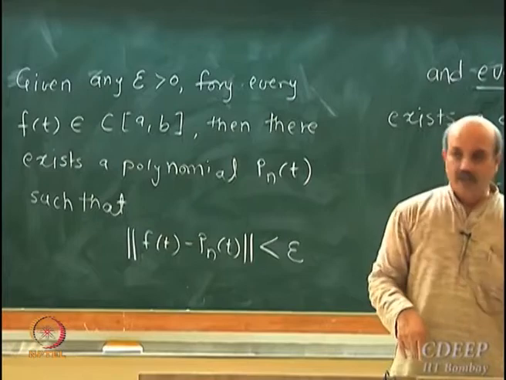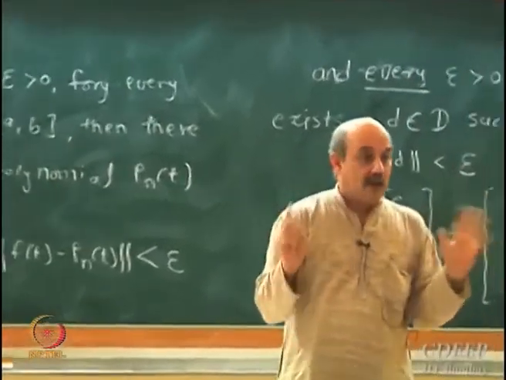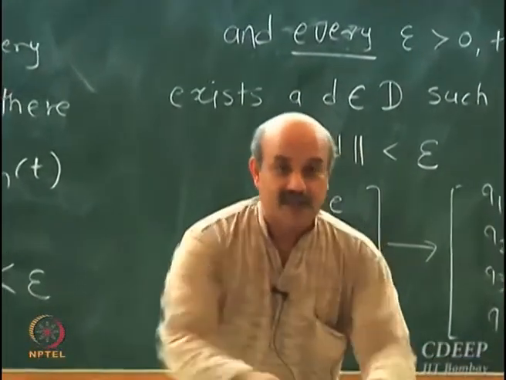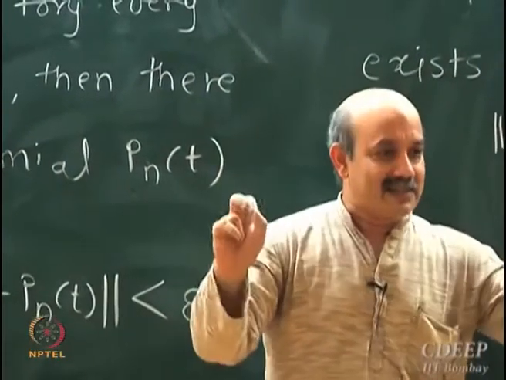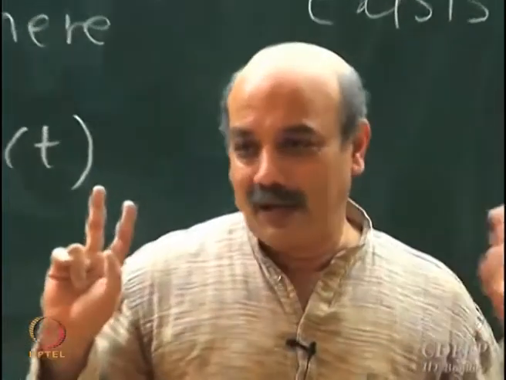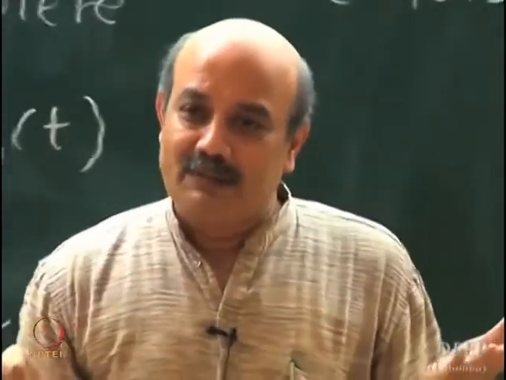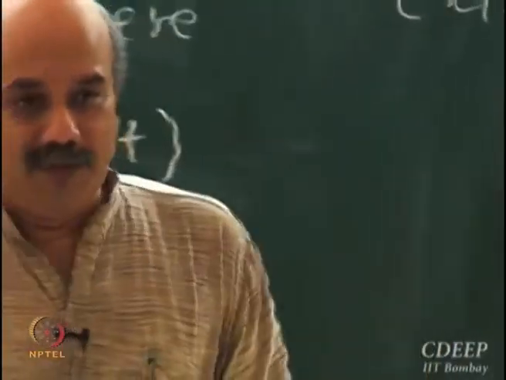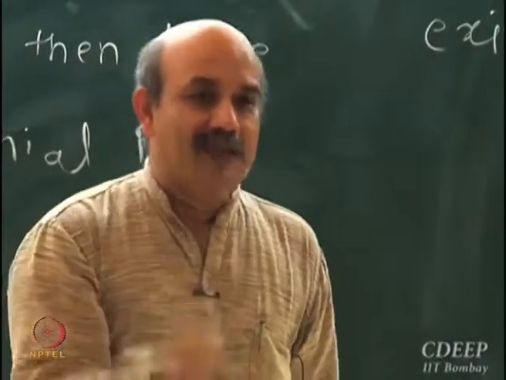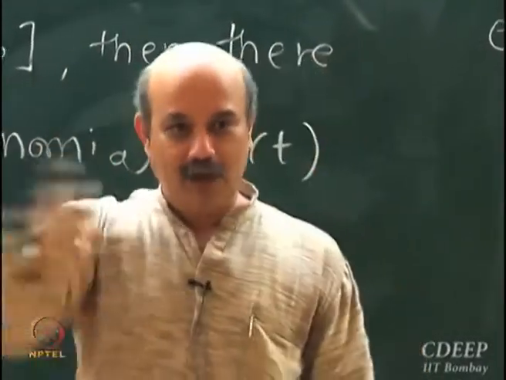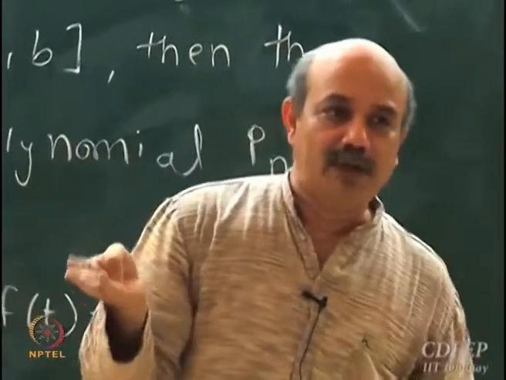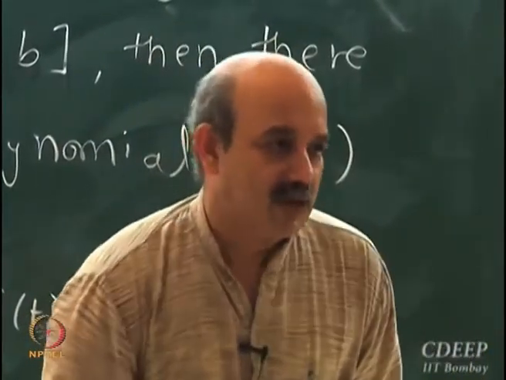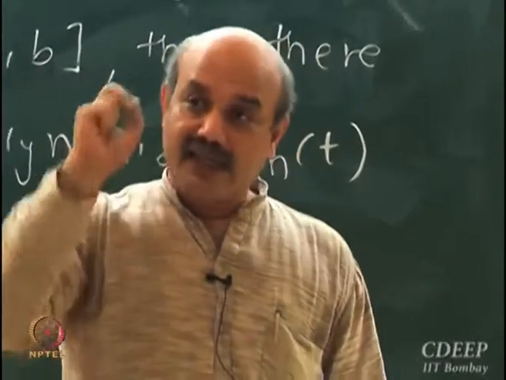You give me an epsilon, I can now. How do you construct a P_n? That is not what is told by this theorem. It just says that there exists one. How do you construct that approximation? Well, that is a different story. It only assures that there exists a polynomial which is arbitrarily close. How you find that particular polynomial is not given by this theorem, but it tells you that there exists a polynomial.